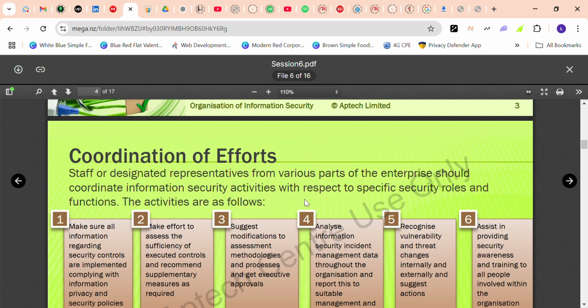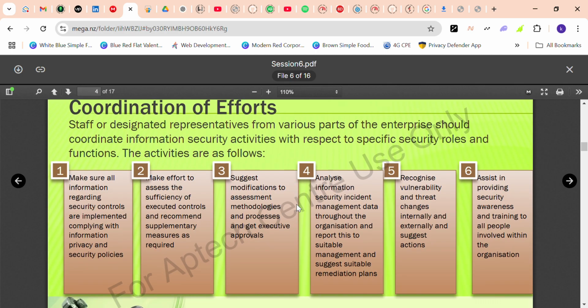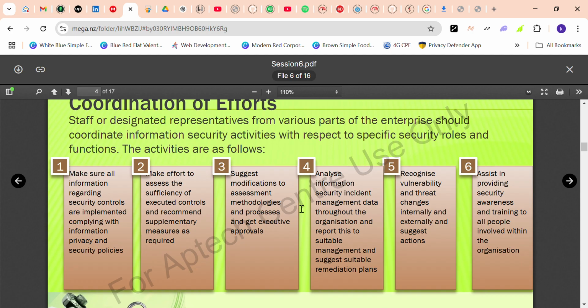The activities are as follows. Number one, make sure all information security controls are implemented, complying with the information privacy and security policy. They have to make sure they are in compliance with every policy, the security policy and everything. And number two, take effort to assess the sufficiency of executed controls and recommend supplementary measures as required. And then number three,